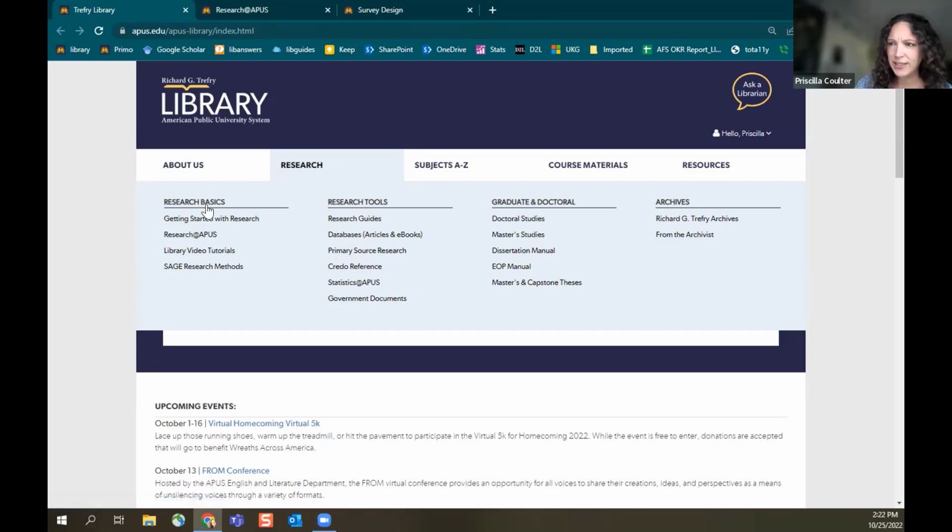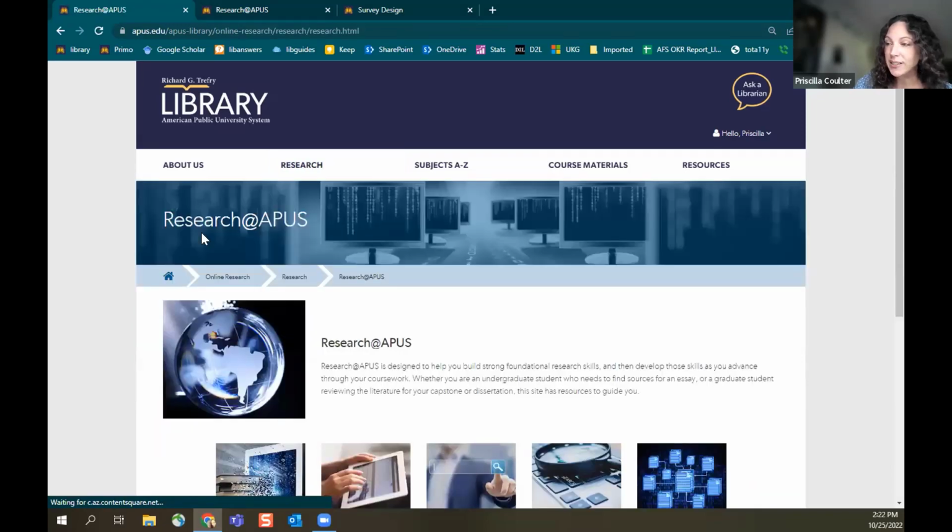Over on the research basics side, these are all things that would count as research help, tutorials and things like that. And Sage Research Methods is tucked under there because it is basically a giant tutorial resource for primary research. But we've tucked this survey design cheat sheet up here under research at APUS. And the research at APUS site is kind of a